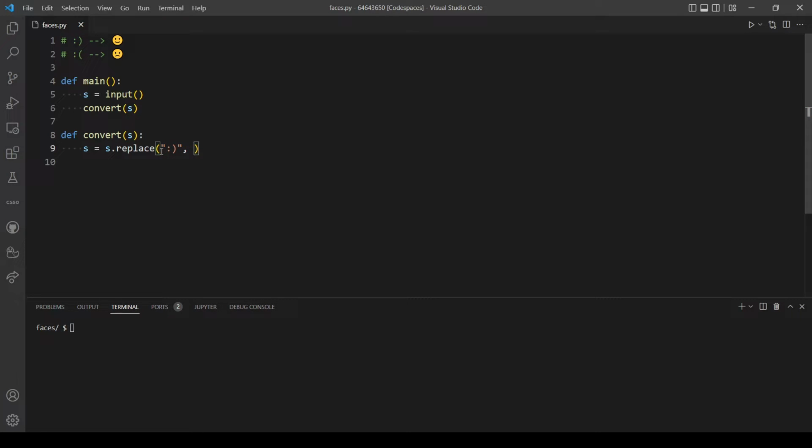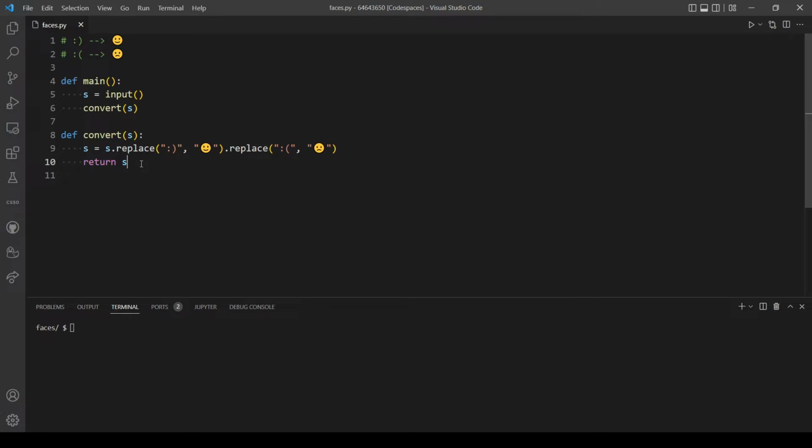So let's put them here, and let's do the same thing again for the other emoji. We can do this in separate lines, but I think it's better this way to keep our code clean and short. And at the end, let's return